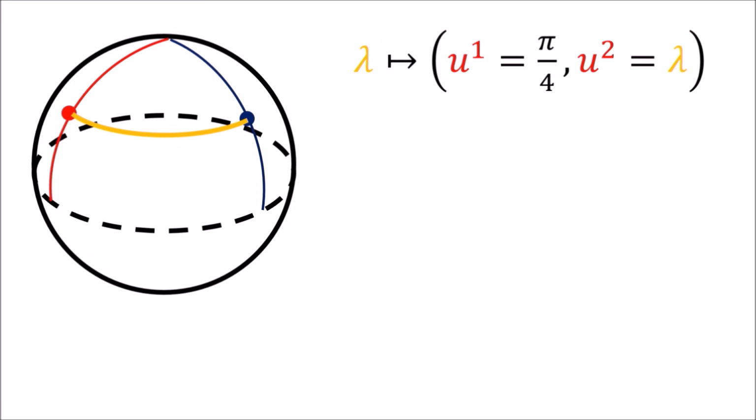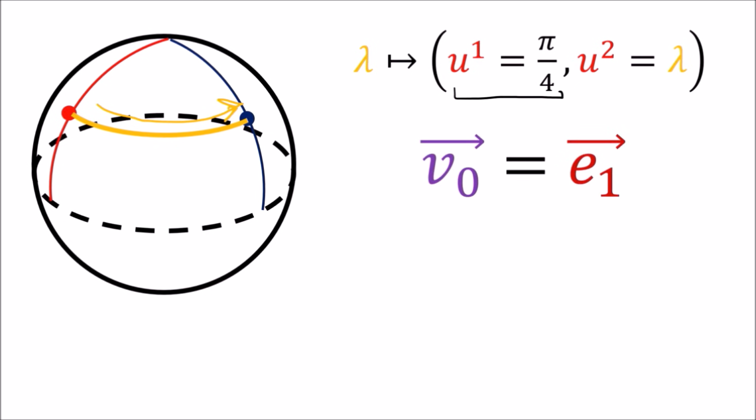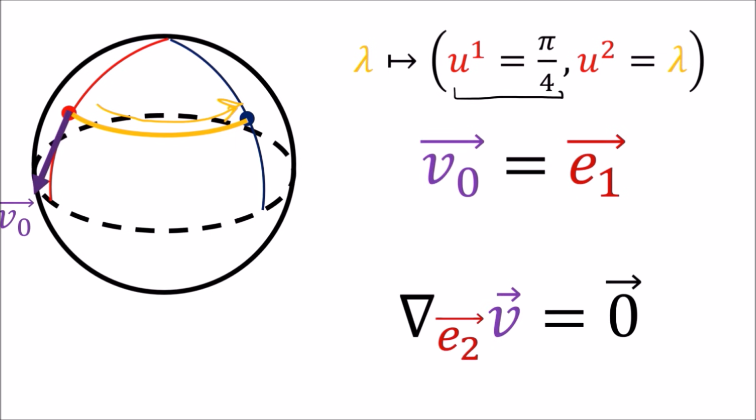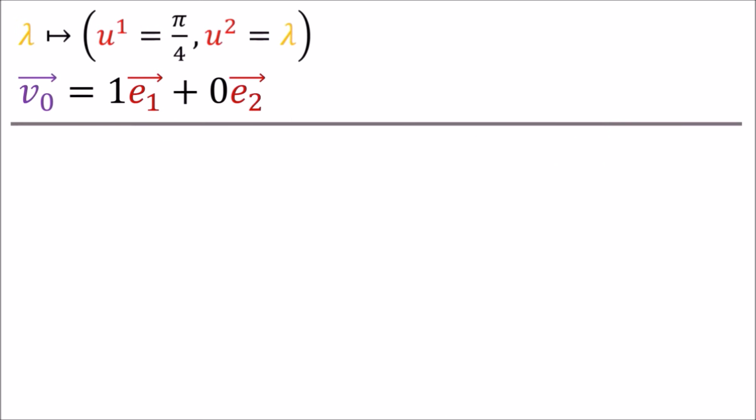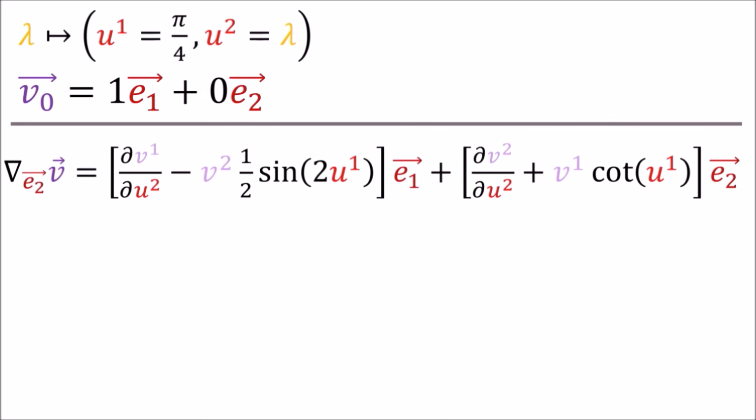Now let's do a slightly less obvious example of parallel transport. We're going to take this curve where the u1 variable is equal to pi over 4. So that corresponds to this line of latitude on the sphere. And we're going to make the initial vector v0 equal to the e1 basis vector, which looks like this. And again, to get parallel transport, we have to demand that the covariant derivative of the vector field is equal to 0. So again, we start with the standard covariant derivative formula,